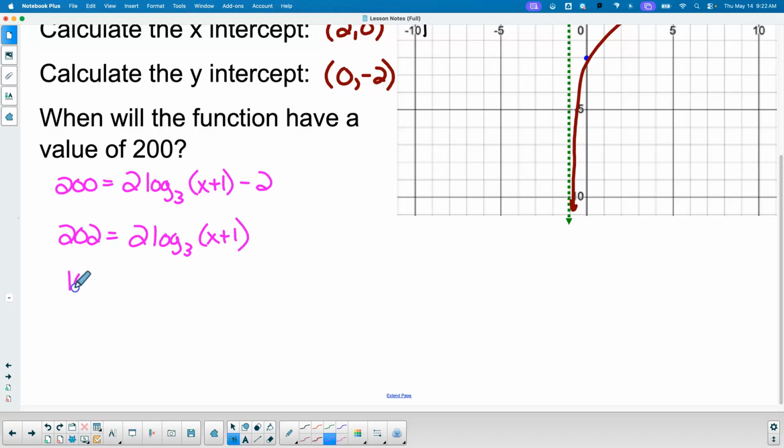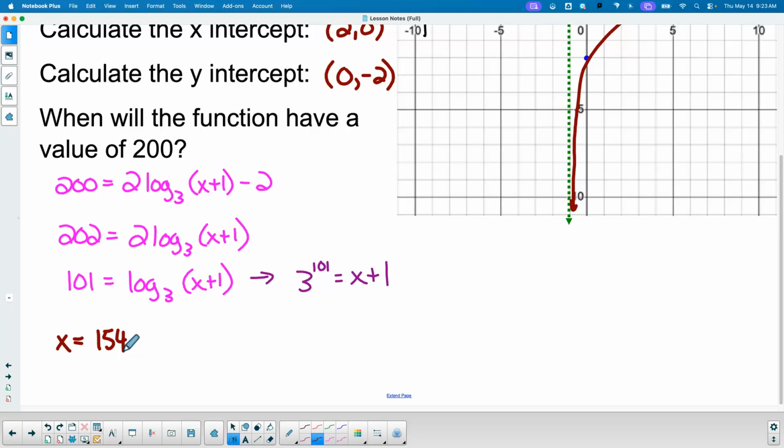Divide by 2. Switch forms. Type it in your calculator, then subtract 1, and you get x here is equal to